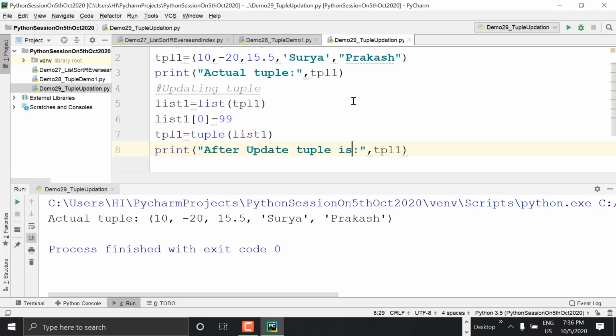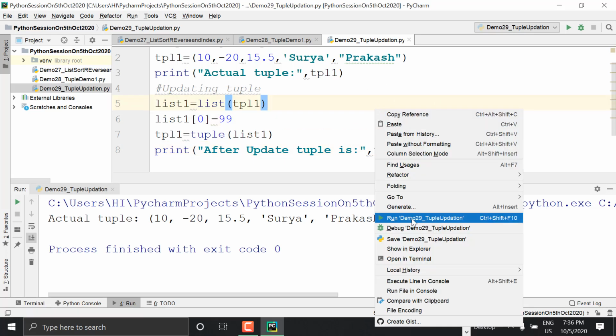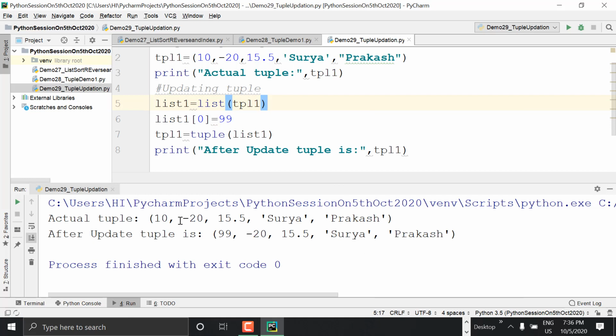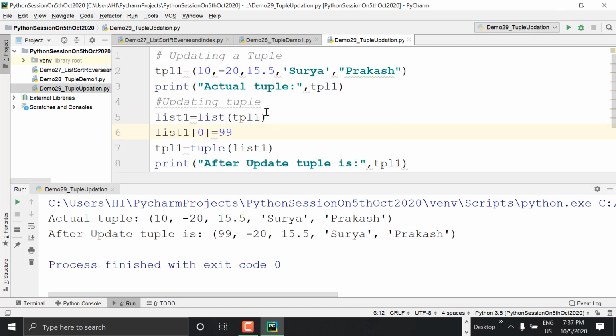So it's an interview question. They'll ask you what is the difference between tuple and list. Of course, we can say, and how to update. So it's a very interesting and important question. First we have to convert this tuple into list using the list function, typecasting methods. So here I'm writing for better understanding: converting tuple into list, then modifying list element, then converting list into tuple again. So this is what we have done successfully.